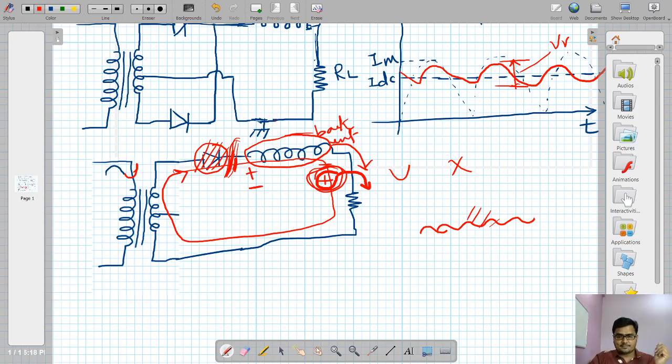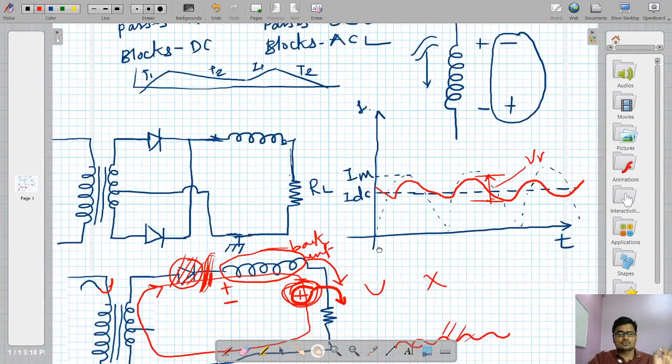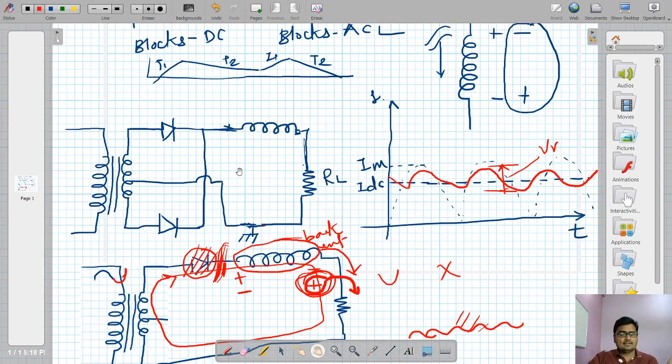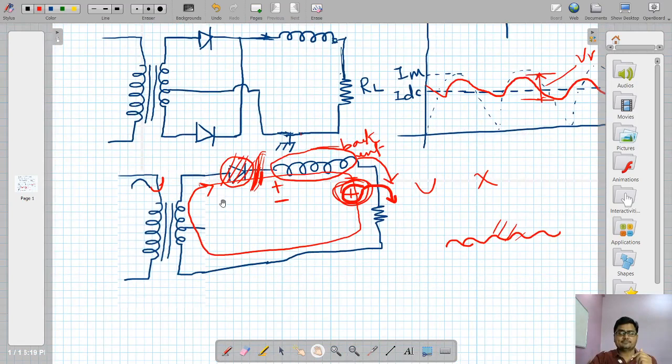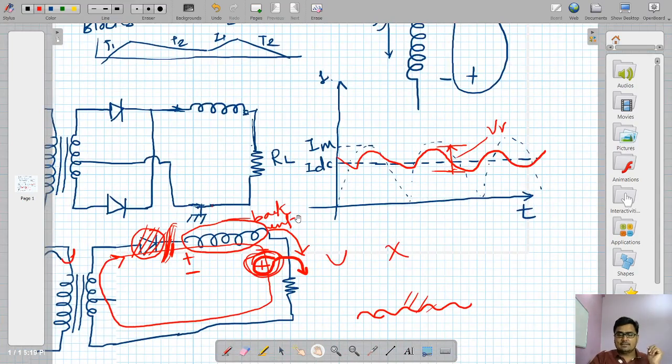Now, that was the second question generally students ask: sir, we had a half wave rectifier with capacitor filter, a full wave rectifier with capacitor filter, a bridge rectifier with capacitor filter. Then we come to the inductor, a full wave rectifier with inductor filter, but we never had a half wave rectifier with inductor filter. Why we never had? This is the answer. Because the inductor creates back EMF which gets added into the output voltage, which is not desired. Agreed? So this is about the inductor filter.